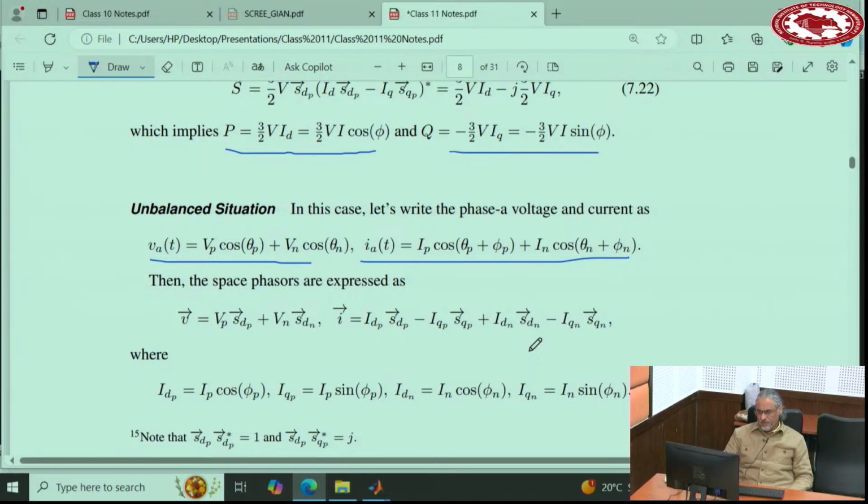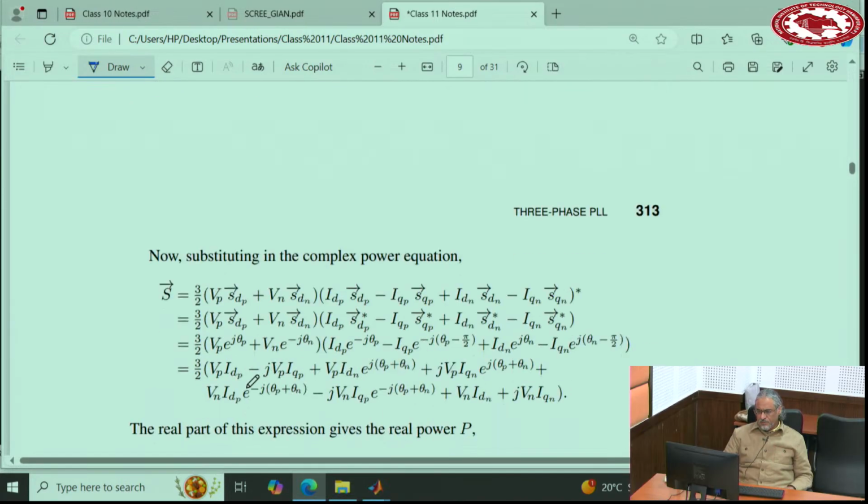only for phase A, showed the values. Then space phasor for V and for I. So V is taken as reference, so it only has direct terms, but the current has direct and quadrature. So direct minus quadrature here, and again direct minus quadrature here. And then if you multiply them together, V into I star, and then put all the terms with the angles and do the simplifications, you find